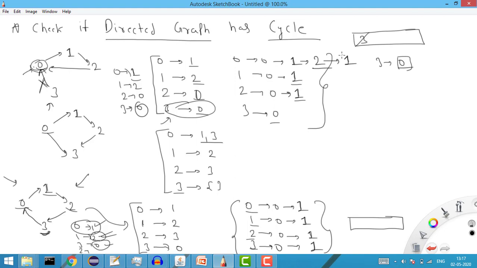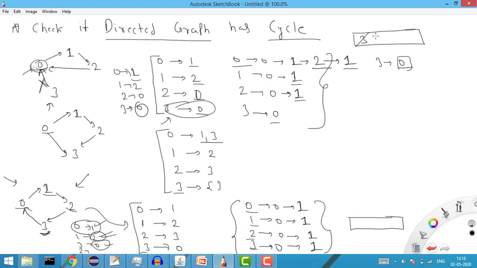And now I will check that after decreasing by 1, if the incoming degree of this element is equal to 0, then add it into the queue, otherwise don't add it. Now if you see, the incoming degree of 0 was earlier 2, so when we decrease by 1, now it is 1, it is not 0.